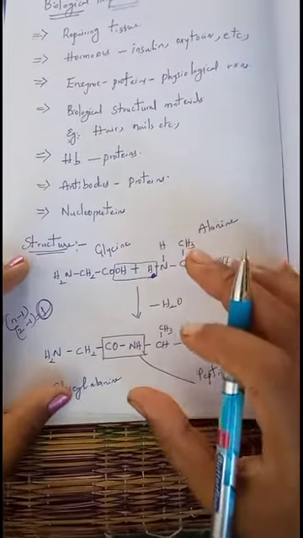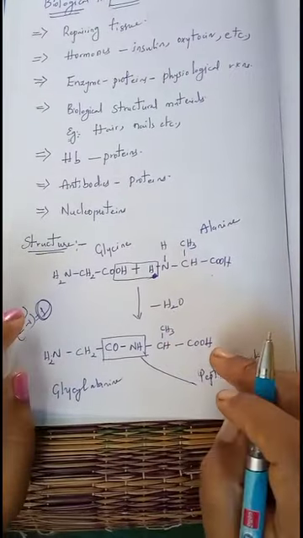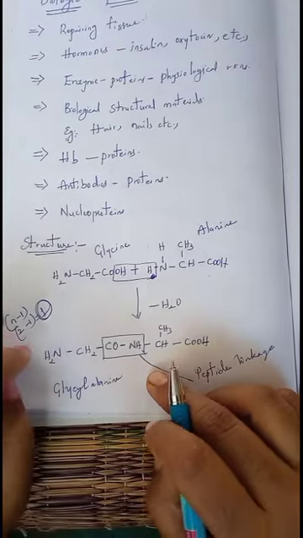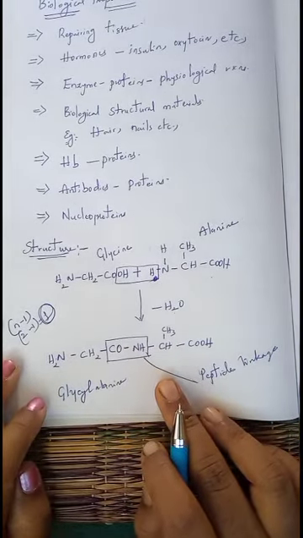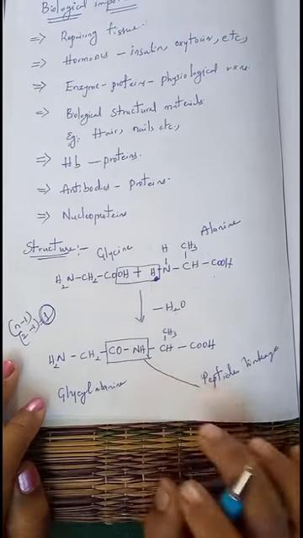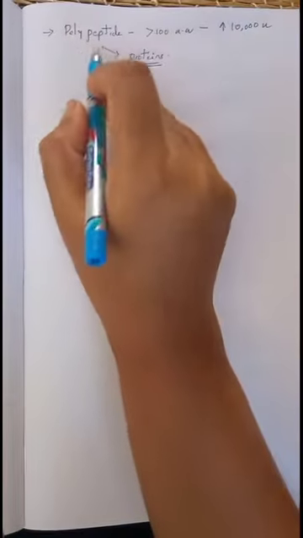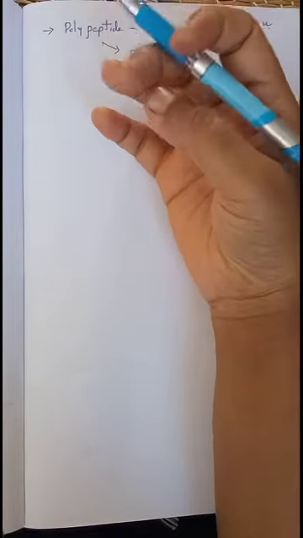So proteins. The product is the peptide and the grouping present here is nothing but CONH. The CONH is called peptide linkage. Don't forget, which is very important. What is the type of linkage present in the proteins? That is nothing but peptide linkages. So polypeptide. Polypeptide means many. So peptides are classified into di, tri, tetra and so on.